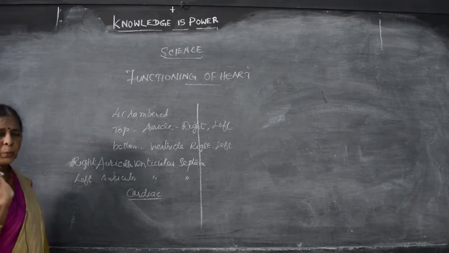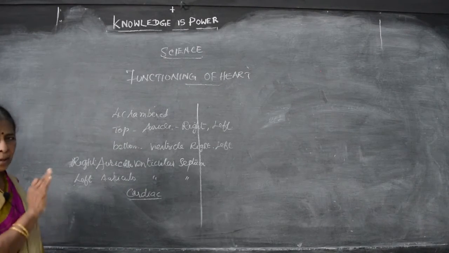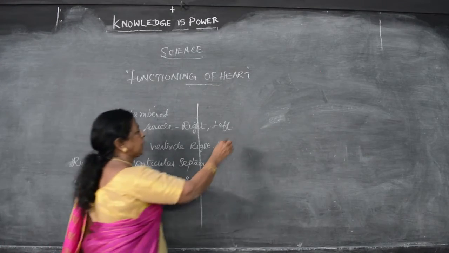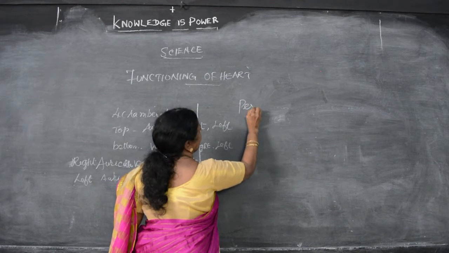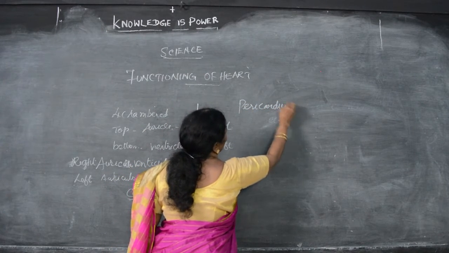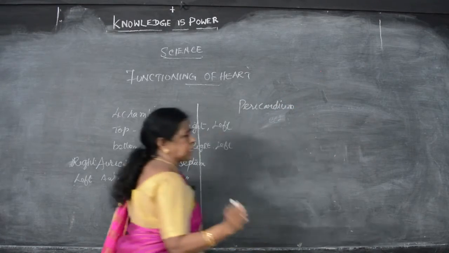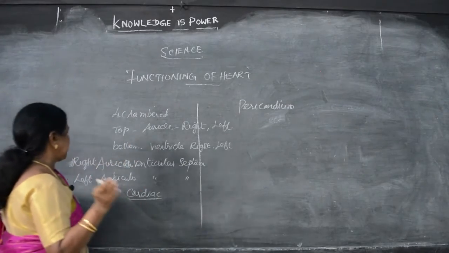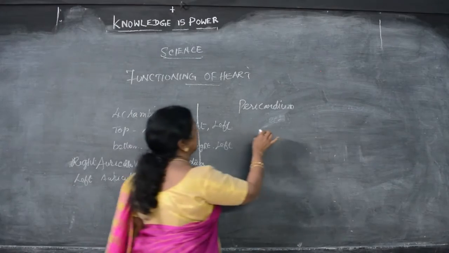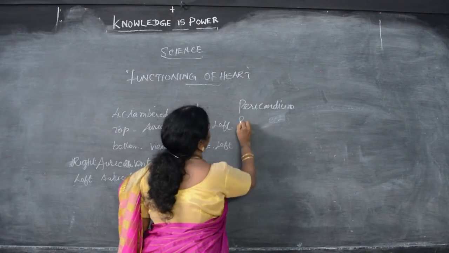It is covered by 2 layers. All the inner organs are protected, I said in the very beginning, and the same like that, the heart is also protected by 2 layers. The 2 layers are known as pericardium. Heart is protected by a special cover. Pericardium is a protecting cover. In between the 2 covers there is a gap that is filled by pericardial fluid.